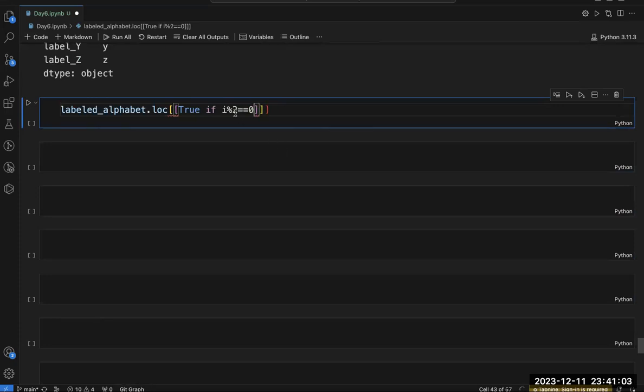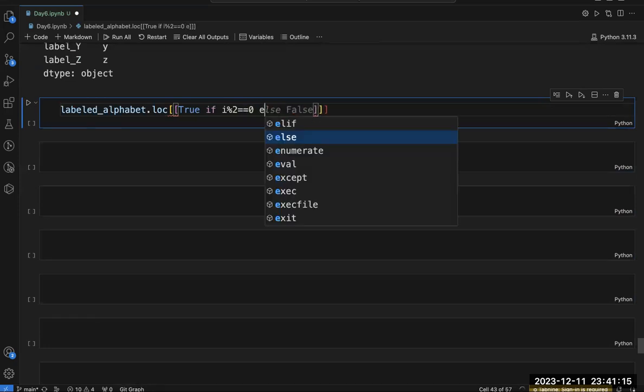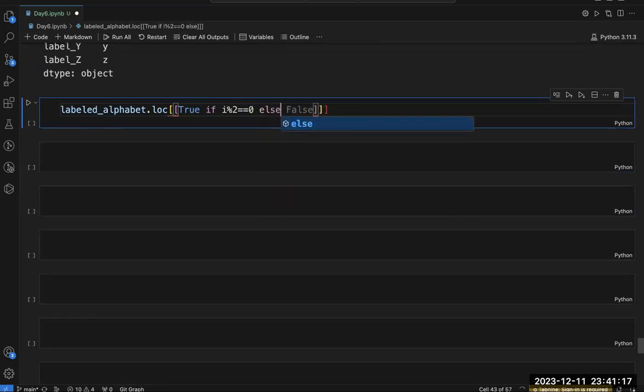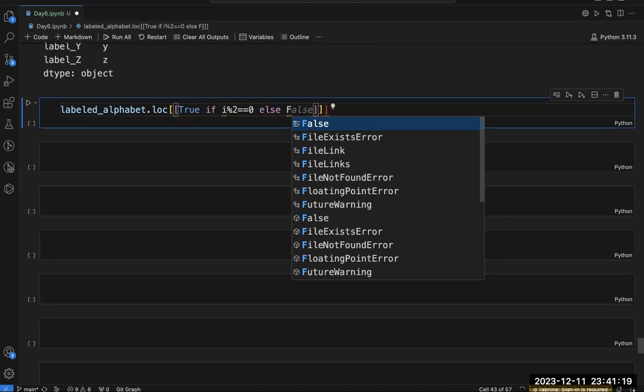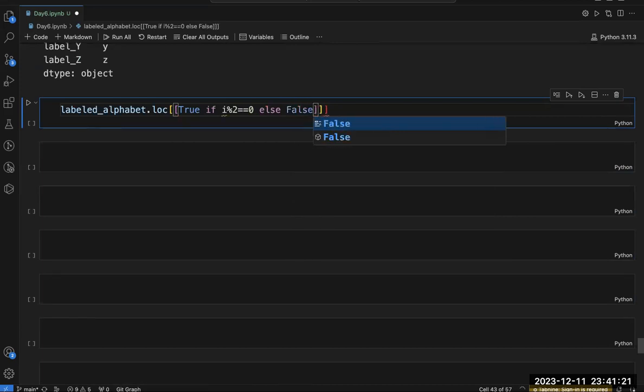So whenever i divided by 2 is 0, consider this as true. True when i divided by 2 is equal to 0, else false.